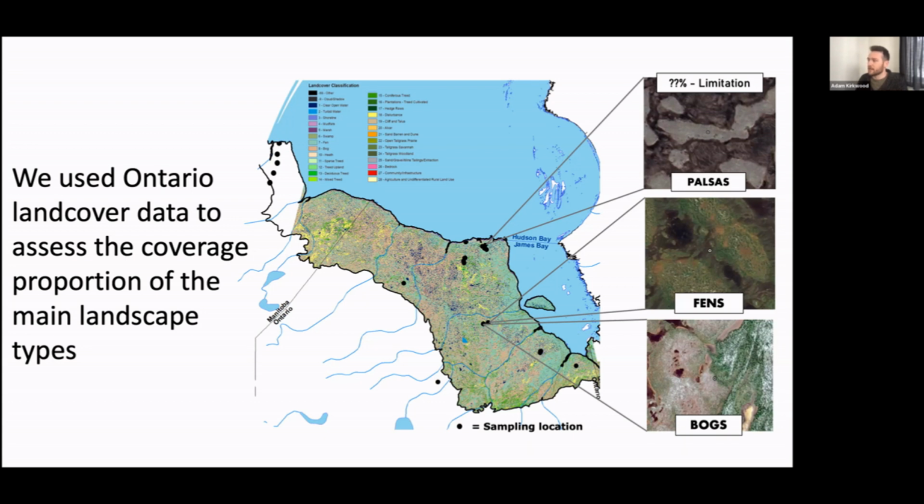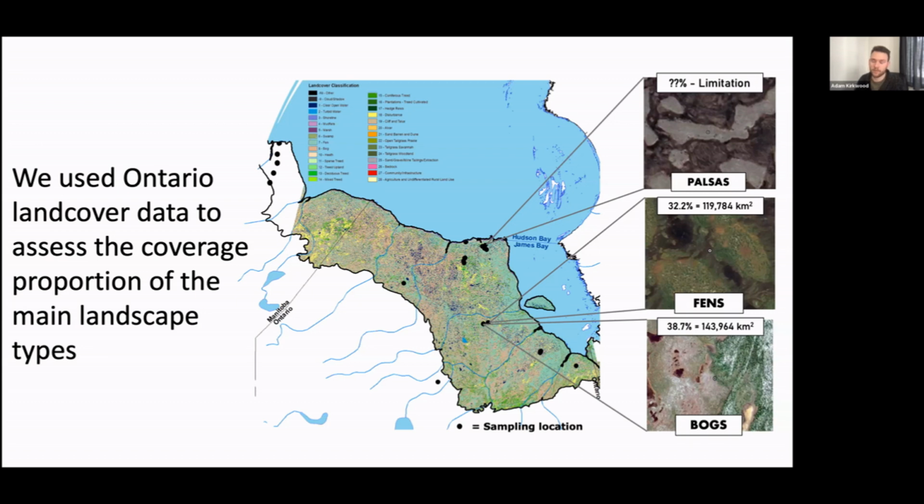That being said, I have mostly focused on fens and bogs for this part of the analysis. So we find that of the Hudson Bay Lowlands, about 32.2% of it is covered by fens, which translates to about 120,000 kilometers squared. Bogs cover about 38.7% of the landscape, which is about